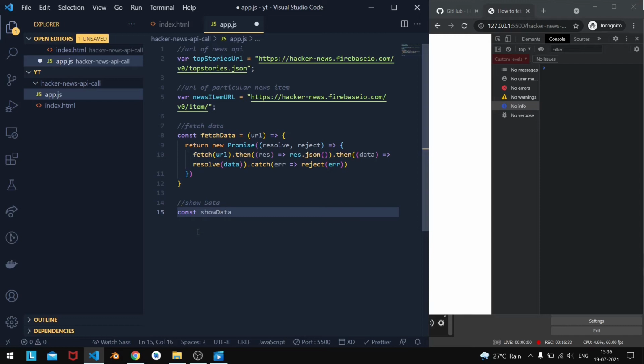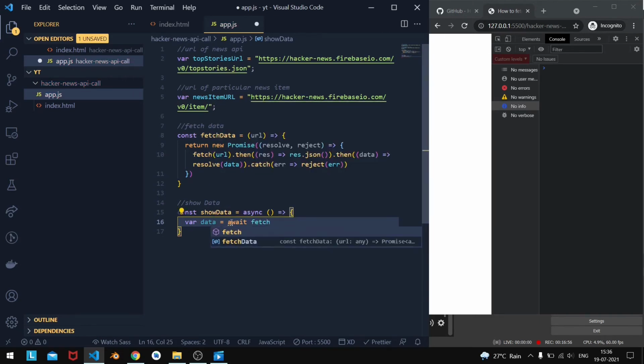Now after that we will write a function for showData. Inside this we will have a variable. Basically showData is an asynchronous function, so that we can use await.